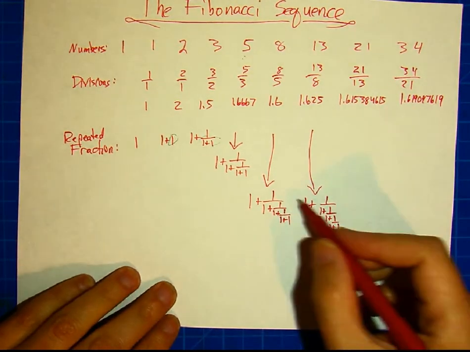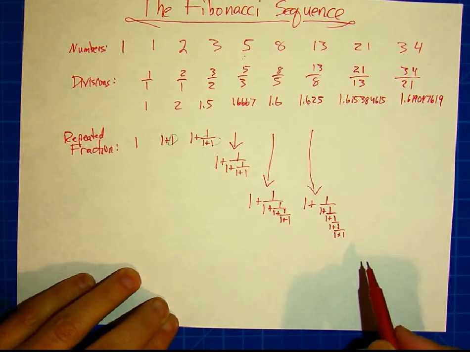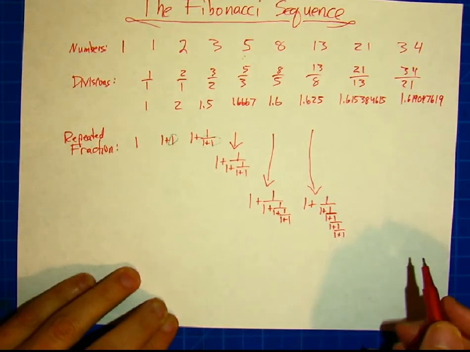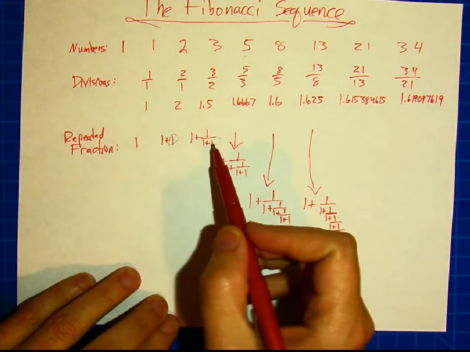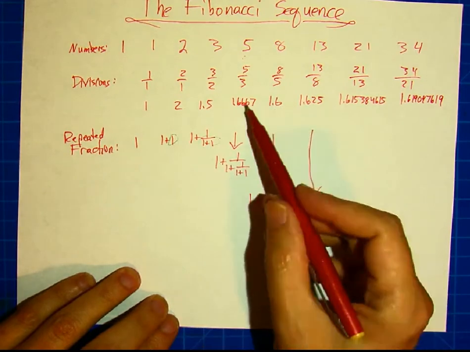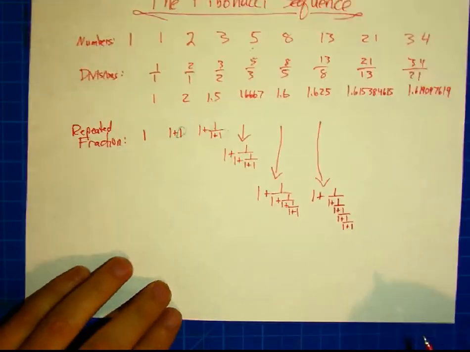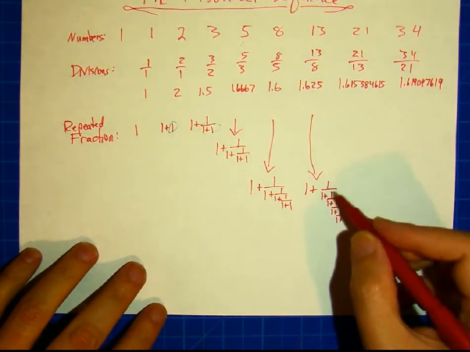So if you actually put these in a calculator and you get all your parentheses right, or you do them in a number of steps, you can correctly identify that this equals 2, that equals 1.5. This is going to equal 1.667, 1.6, 1.625, and so on. Now, the interesting thing is that you can keep doing this